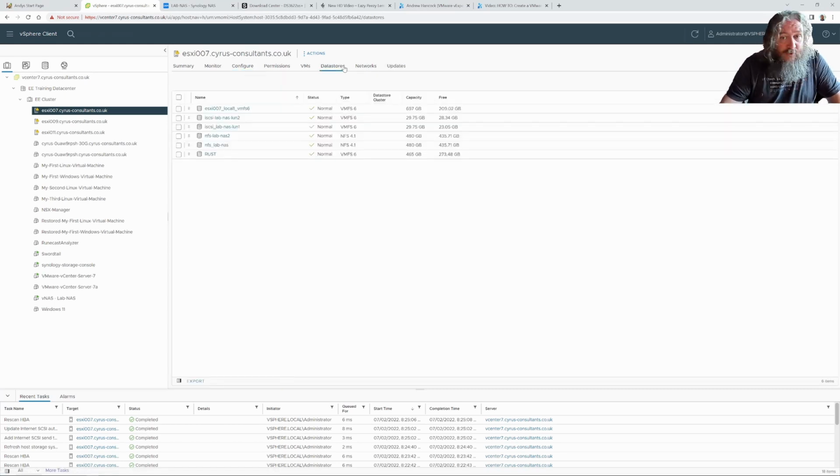So where are we? 40 minutes. Probably would have been a lot less if we could have got the Synology storage console deployed in the first place. So what's the takeaway from that? You're still going to have to do all the legwork at creating your VM kernel adapters for NFS or iSCSI. You're still going to have to create your storage networks. You're still going to have to basically do all the legwork getting the IP addresses right on your NAS. So the storage console really just quickly allows you to present a LUN without doing any of the manual manipulation